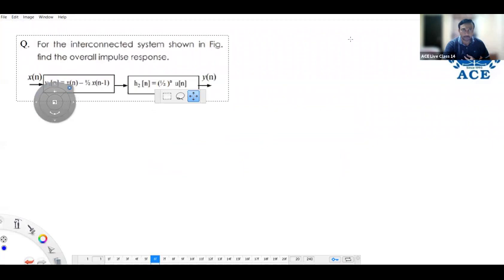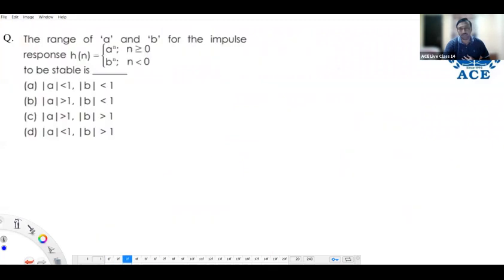Okay. Everyone think of this model, sir. Some discrete impulse response is given: a power n for positive index, b power n for negative index. To maintain stability, what is the condition on a and b? We know